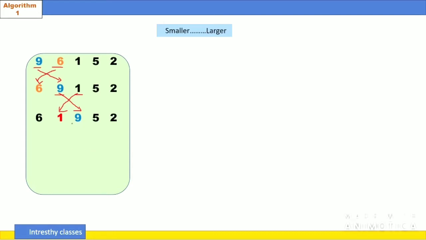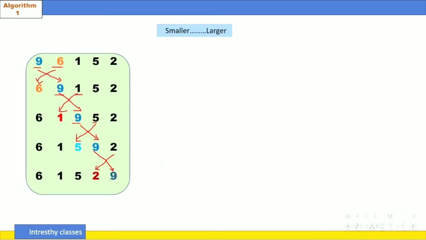Now after that, these two numbers will get compared. So the number which is smaller will come to one end and the number which is larger will go to the other end. Now 9 and 2 will get compared. As 2 is smaller, 2 will come to the front side and the number which is larger will shift to the end.